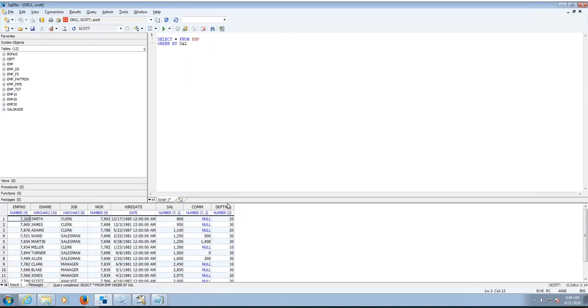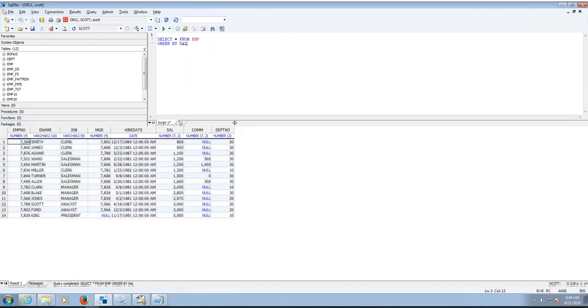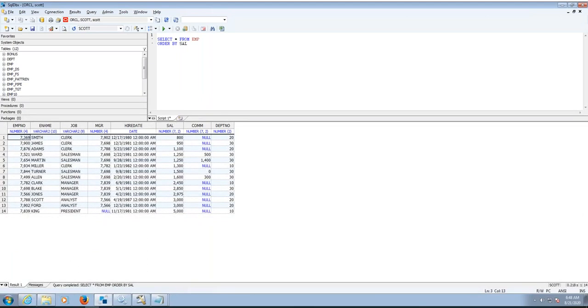Okay, so if you see the employee table, we see the salary column here. So if we have a cumulative column, the new field has to be created in our target system. That is our requirement. Salary is 800, and second record we have 950.